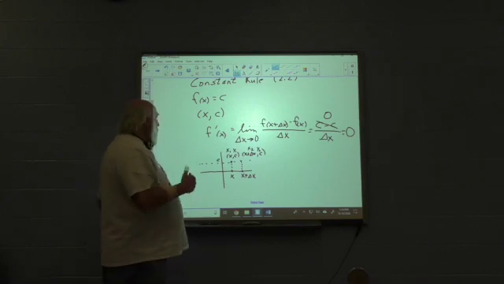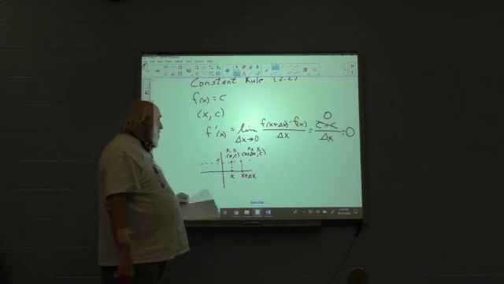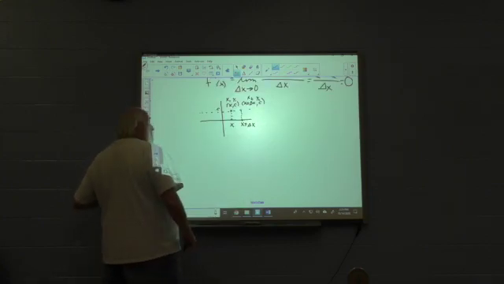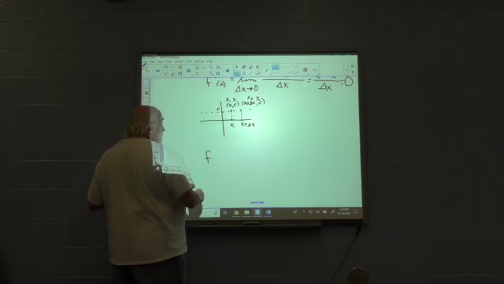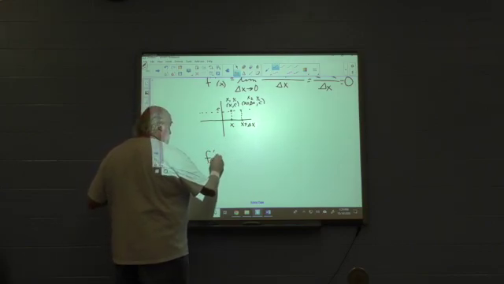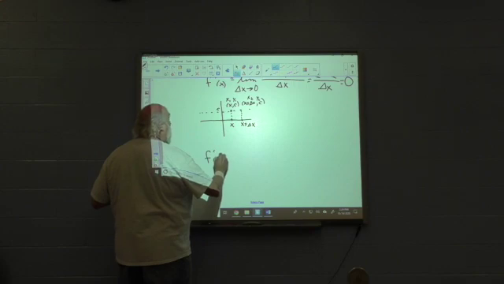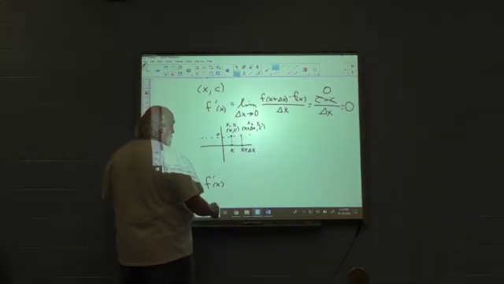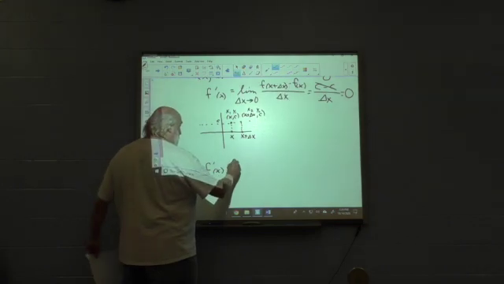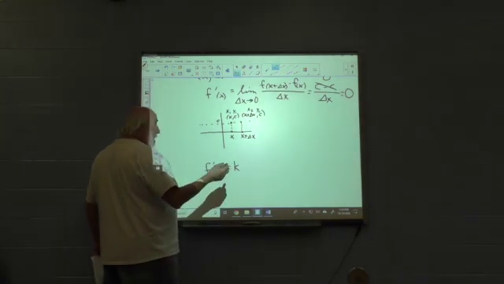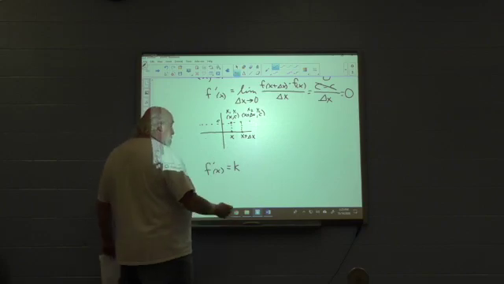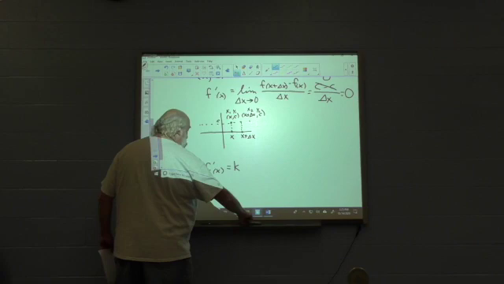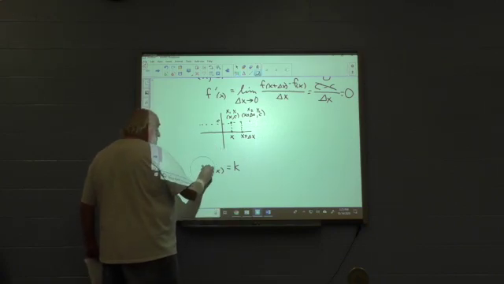But here's the thing. What that is telling us is that when we start doing differentiation of a constant, and the constant is whatever it is, k, c, 3, whatever, if the function of x is that,